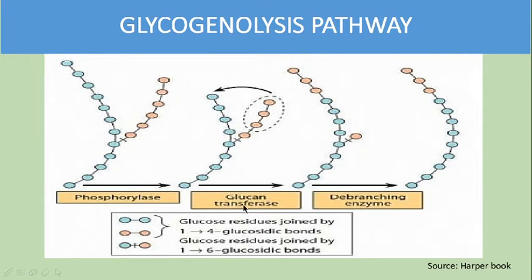The next enzyme, glucose transferase, will transfer a trisaccharide unit from this branch to the other branch, exposing this alpha-1,6 glucosidic linkage. Now the debranching enzyme can cleave this glucose and liberate it in the form of free glucose. Now the glycogen has only alpha-1,4 linkages. Again the phosphorylase enzyme does not have any hindrance. There are no alpha-1,6 branch points, so it can do its action.